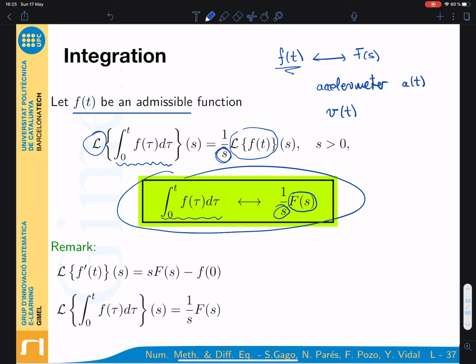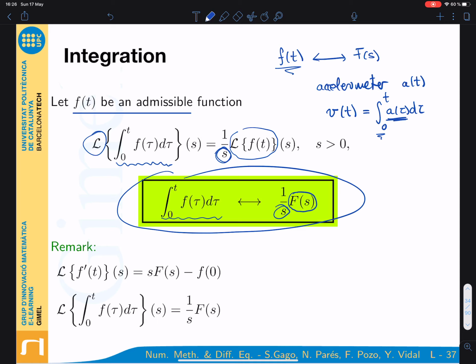How can we do that? Well, we need to compute the integral between 0 and t of this acceleration function that is given by the sensor. So this type of integral between 0 and t of a function appears a lot in real applications,